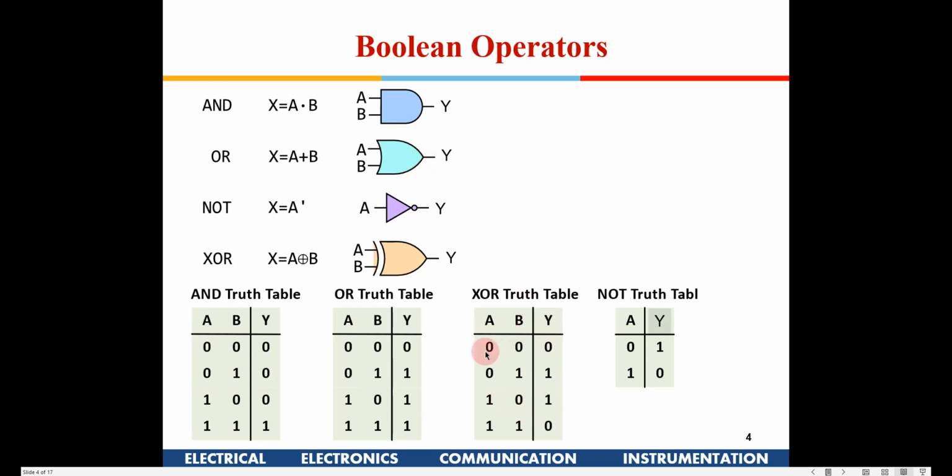So this is the truth table for an XOR gate. The difference between XOR and OR, if you see here, is that when both are 1, the output is 0, and if only one of them is 1, then it is 1. This is a very, very important property which we learnt in the last class also. If only one of them is 1, how to use this as a control? If you remember, we used this XOR property to make an adder-subtractor. So these tables you need to remember, and also these figures.